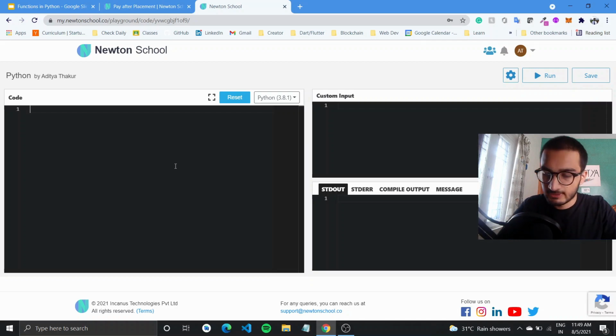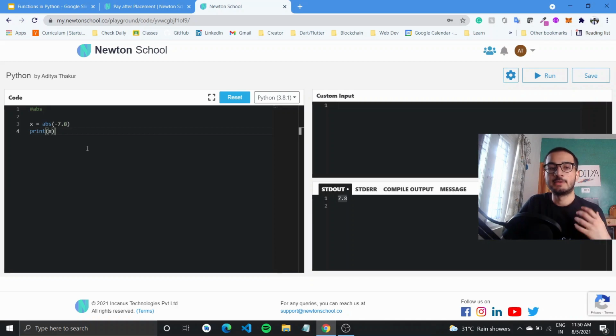So let's get started with the functions, right? The first function that I would cover is abs. ABS returns the absolute value of a number. What it means is basically, if there is a negative number, it would just give me the positive of it, removing the negative sign. So to use this function, you can type in ABS and then pass in the value. It could be any number like minus 7.8, right? And I can print this out. Alright, let me run this once, and it should print it out to the console.